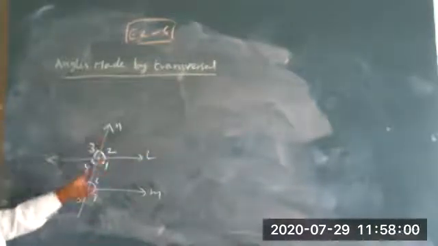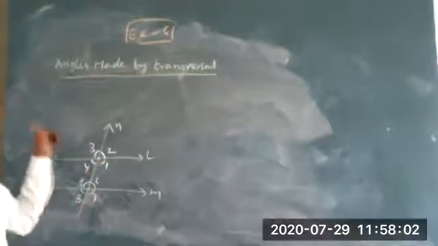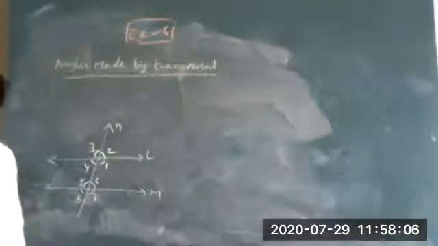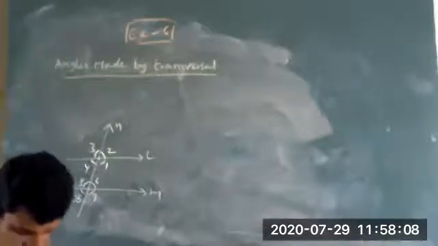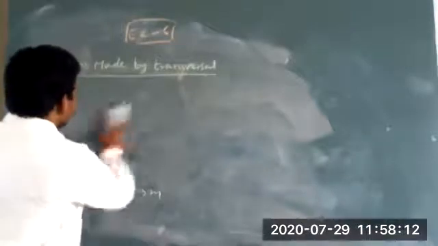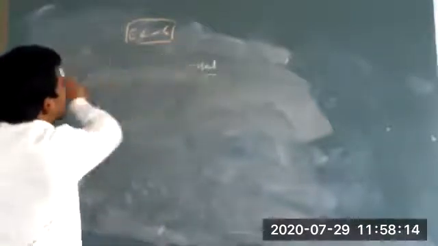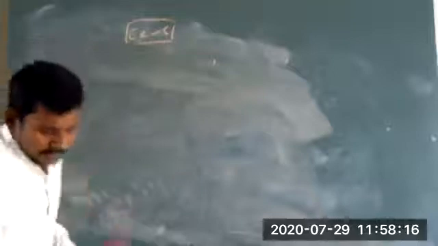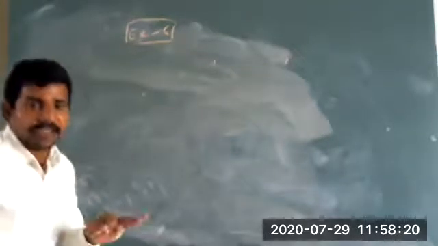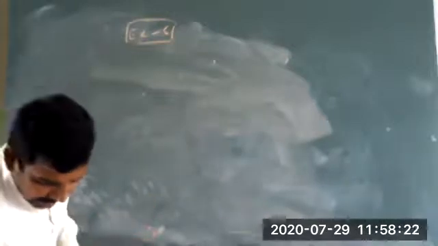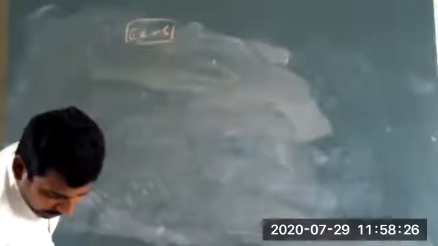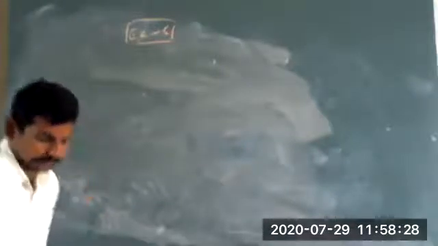So angles made by transversal. Here made how many angles? Four angles. Here made how many angles? Four angles. This is the angles made by a transversal. Clear, children? Next, discussing about corresponding angles. Now discussing about what, children? I can say to you very simply: corresponding angles, interior and exterior alternate angles, and interior and exterior angles on the same side of the transversal, isn't it?